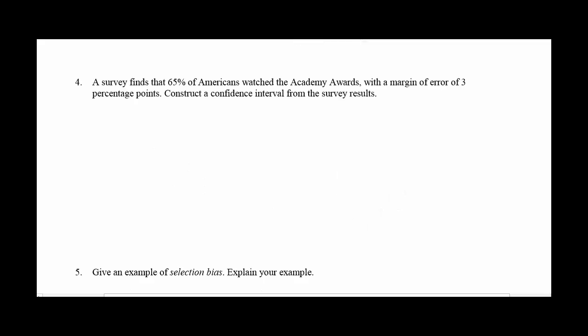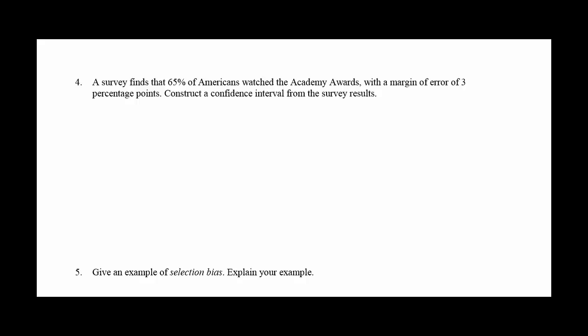And number 4, a survey finds that 65% of Americans watched the Academy Awards with a margin of error of 3 percentage points. Construct a confidence interval from the survey results. So in other words, that 65%, that's just based on the sample, but based on the number of people they talk to,